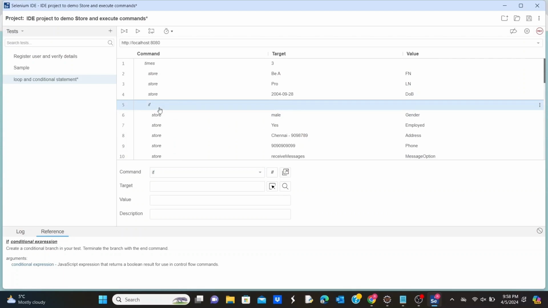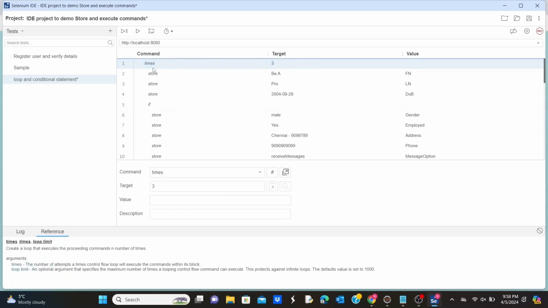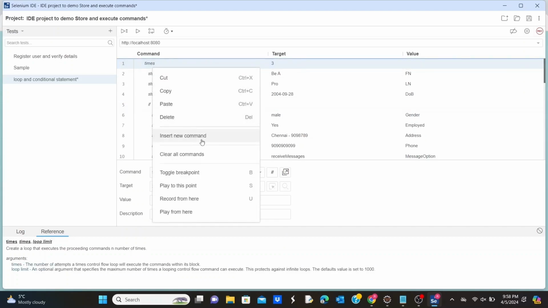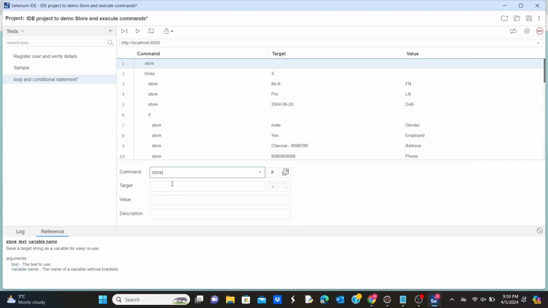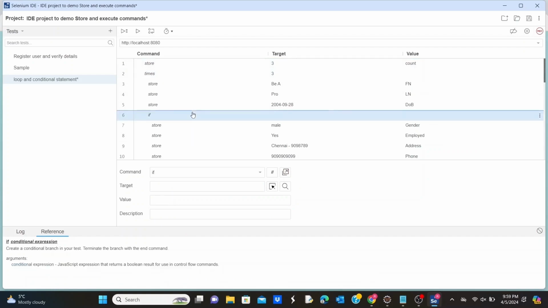So that's why I need a variable. So let me just start with a variable. I'm going to the top and adding a variable. Let's see, store a new variable with the same 3 times we will be executing, right? So 3, I'm giving the target, and the variable name is a count. So for example, if the target means for even or odd, so let me start with using the variable dollar flower braces count